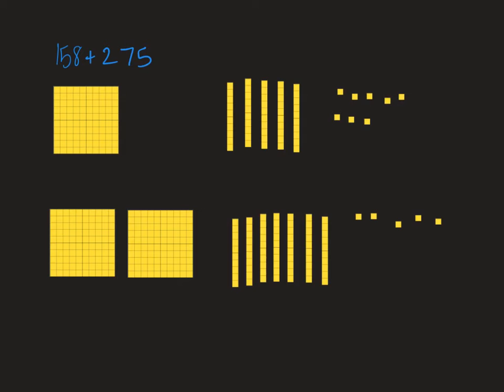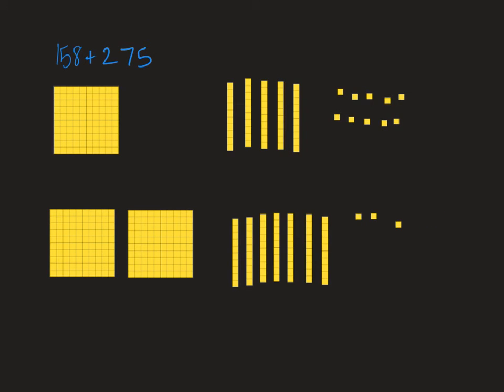So on this model, I have my 100, 5 tens, which is 50, and 8 unit cubes, which would be 8, so 158. On the bottom, I have 200 mats, and so 200, 7 tens, so 70, and 5 unit squares, so 275. And now I'm going to start to add these together. And I'm going to start with my smallest units and work to my biggest place values. And as I start to add these,